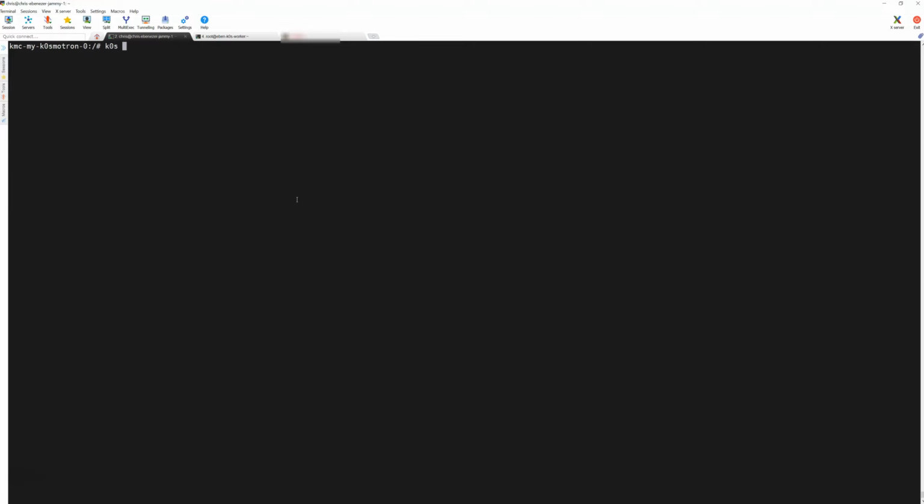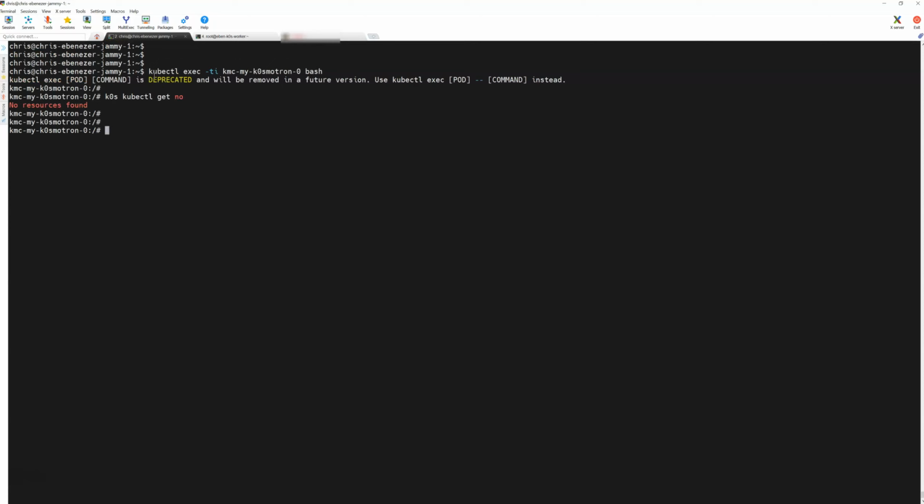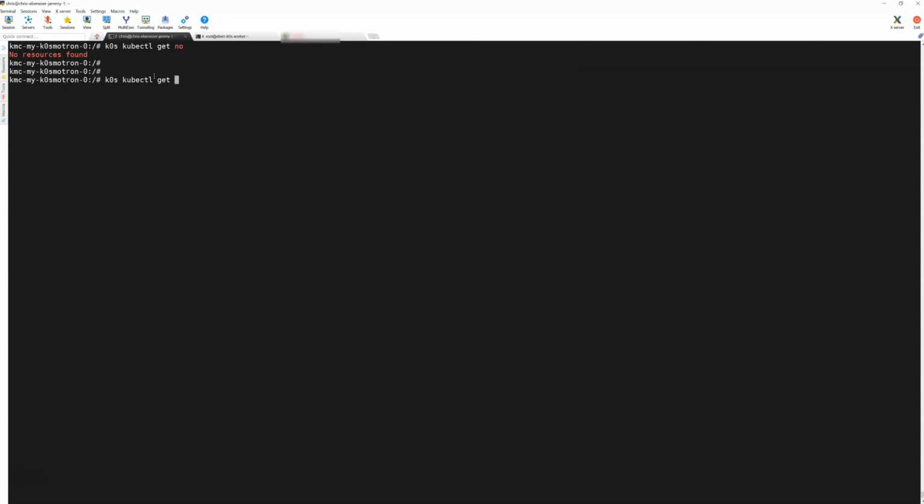What you can do is use kubectl get node. Take note, before we use kubectl, we are using the k0s binary. We see that we do not have any node currently. And if we see the pods, they're still in pending because we don't have any worker